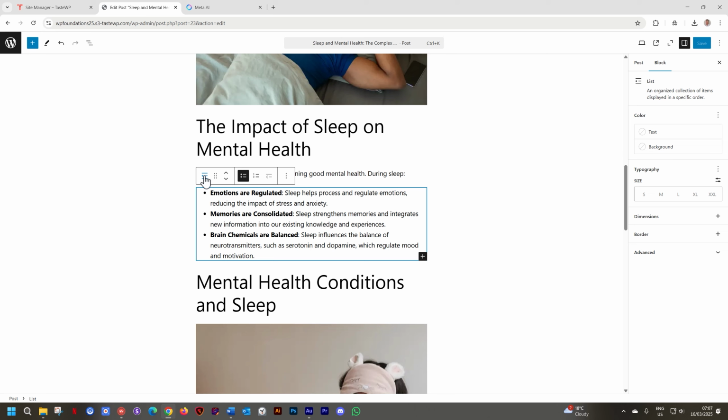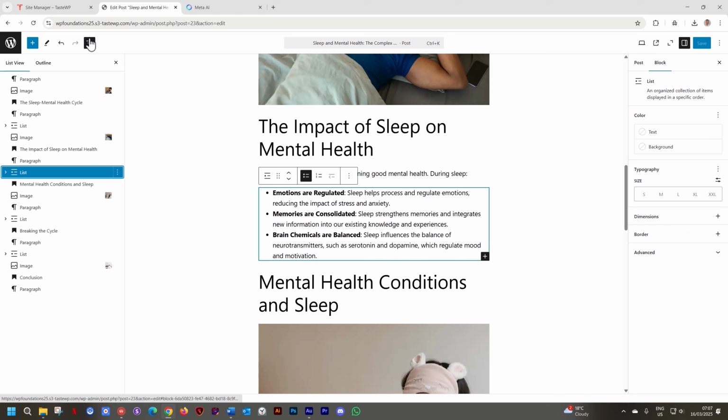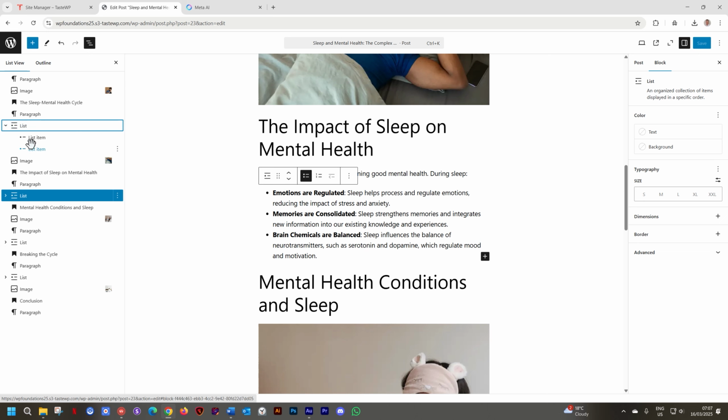This is even better displayed. Now we go to the list view. Do you remember where the list view is? To the top, document overview, and then list view. And now we have something a little bit different. You can see we have our paragraphs, we have an image, even with a thumbnail. And then we have the list here with a little chevron next to it, which shows you that you can open it. And now we have the list items below it.